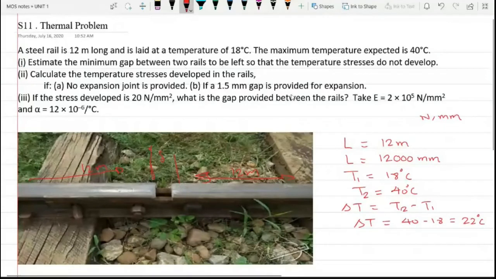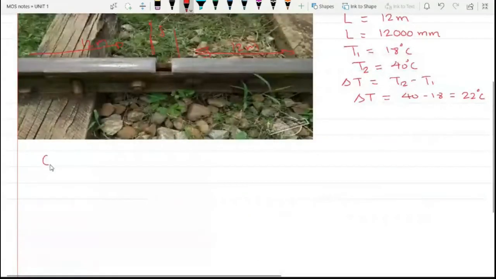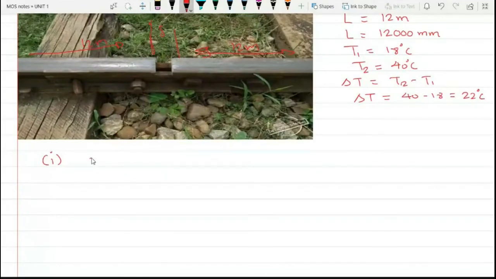First step. So I need to know what will be the expansion for these rods, right? So that is very, very important to identify. Okay. So let me identify that. So first case, case one. I have to identify what is the thermal expansion. Thermal expansion, let me call this sigma T or whatever it is. So alpha into del T into L, right?